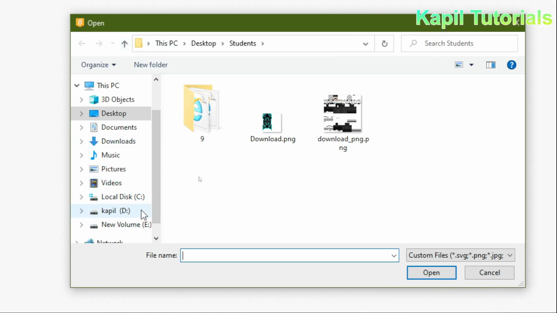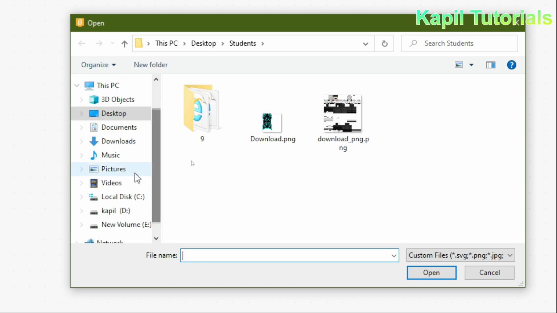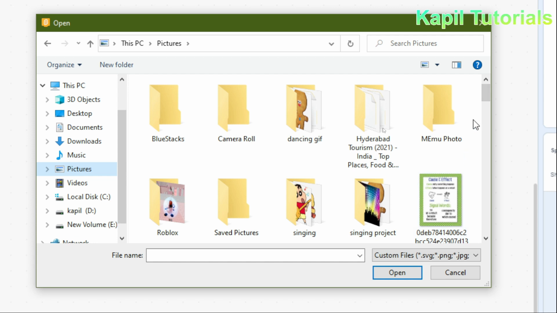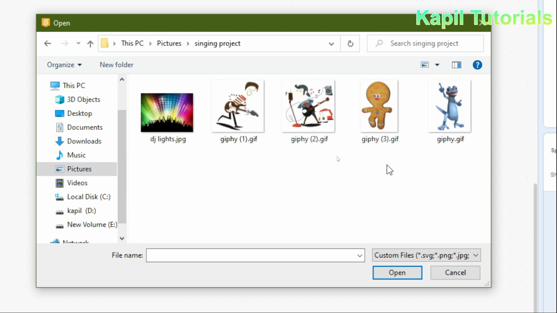and as a result I'll go to my pictures folder where I have already downloaded some GIF images and one backdrop. So these things I'll make available for you. You can click on my download section under description. I'll share you the links and directly you can download, or either you can download your own backdrop or GIF images from Tenor or Giphy website.